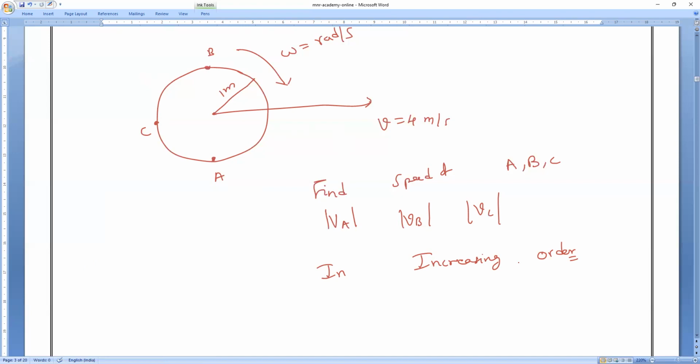Just apply the concept we studied. Find the velocity of A fast, everyone. See, the body is trying to move forward, so the velocity of center is 4 meter per second. But the rotation will be in the opposite direction, which is r omega. Am I right, guys? Please respond. So r is 1 and omega is 3, which is 3 meter per second. So can you tell me what that is? Both, this is 4 meter